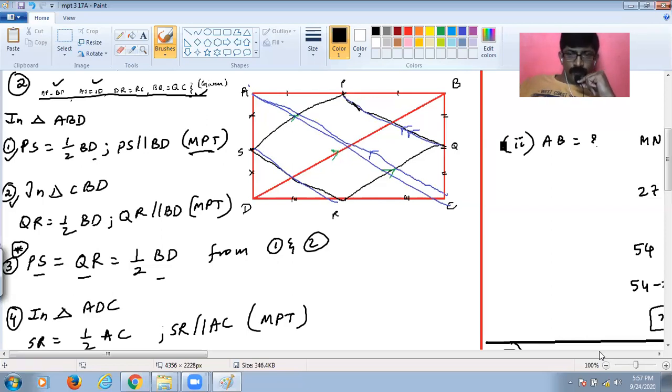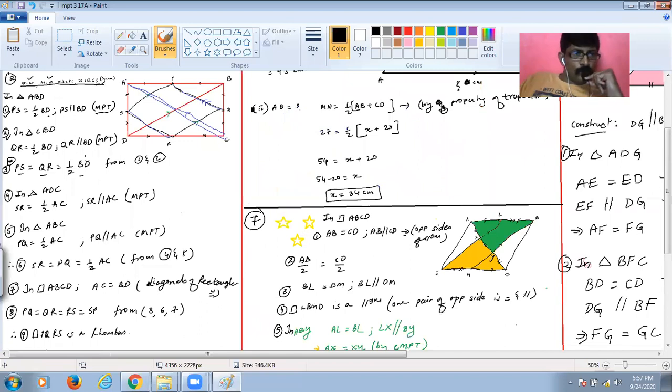Okay, let's move little ahead now. Once you get this statement number 4 and 5, अब statement number 6 के पास आते हैं। देखो ये SR is half of AC and PQ is half of AC. So what can we say about SR and PQ? SR would be equal to PQ. Very good, because they are both half of AC. Now again this statement number 6 is important, student. Look at this. थर्ड और सिक्स थोड़ा मैंने स्टार लगा के रखा है, उसका रीजन है कुछ तो.